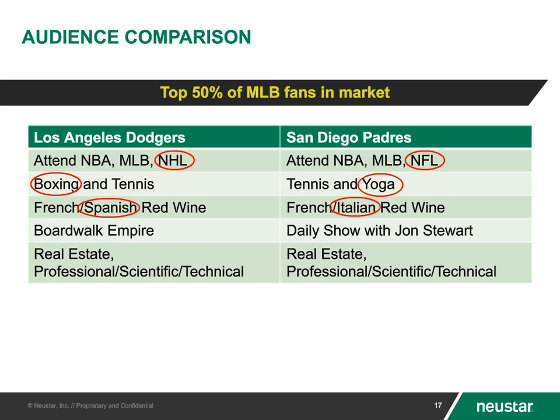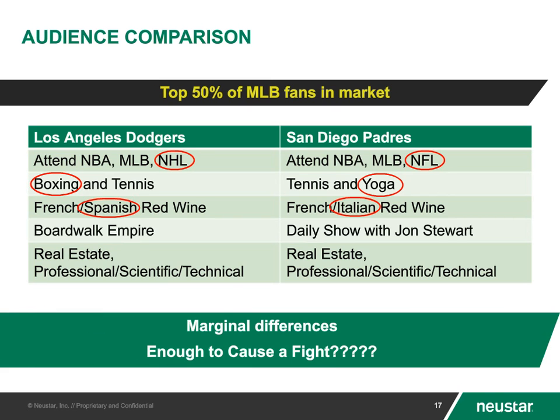No database like that exists, and there's no way that you can do it. And so the way that these insights come about is through analytics and having an underlying infrastructure and strategy that allows you to get access to that information in a way that is usable for solving the problems that are in front of you. And so, with this, it's like, well, okay, so is this enough to cause a fight?